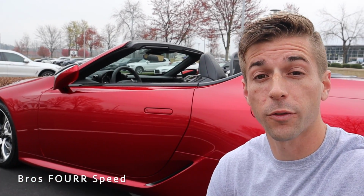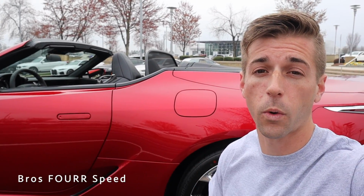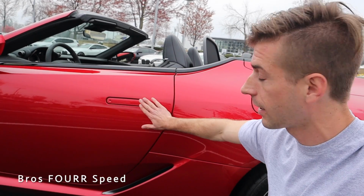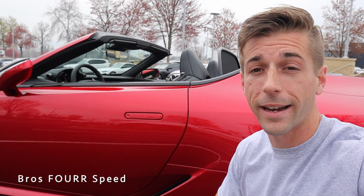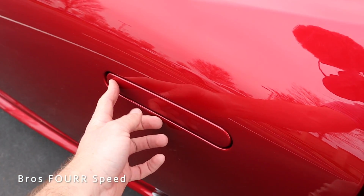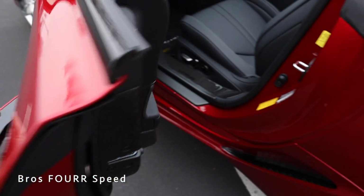So I have the vehicle locked and the key in my pocket. You'll see right now the power folding side mirrors are folded in, and we have very nice door handles that are flush with the bodywork. So when they're not in use, you can see it gives it a really cool design. And then to go ahead and unlock the vehicle, all I have to do is push on the front section. You'll see the back side pop open,